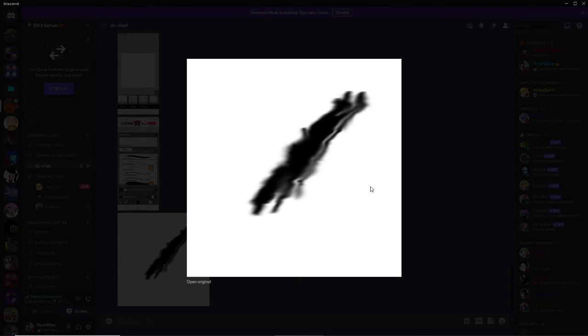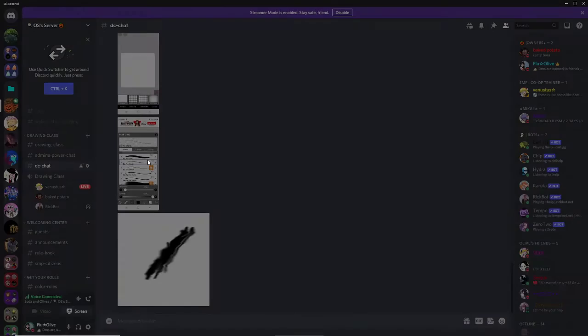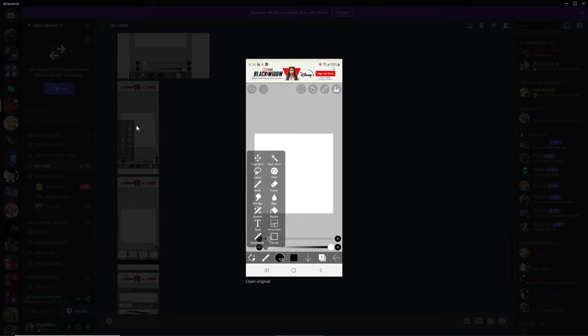Now, it looks kind of cool a little bit. Not really. I mean, it looks acrylic. It looks blended. It looks like charcoal. It's kind of cool. I don't really use that tool very often unless I want to. But we're not going to really dive into this tool right now. We're going to mainly focus on our